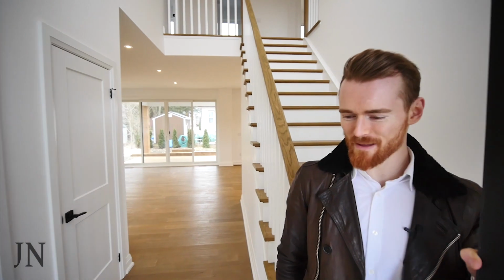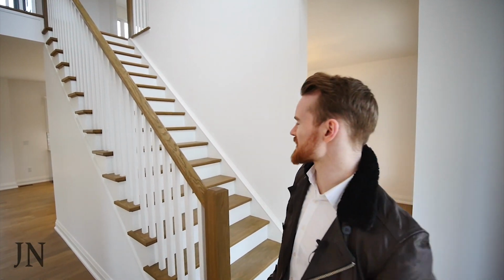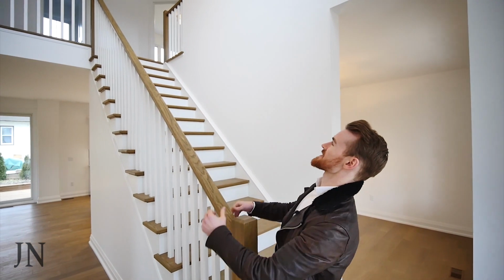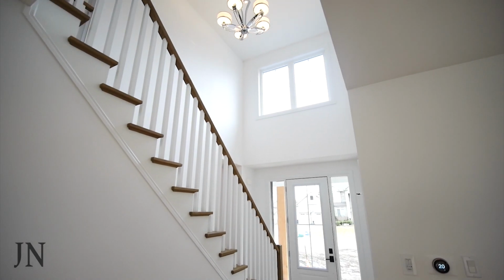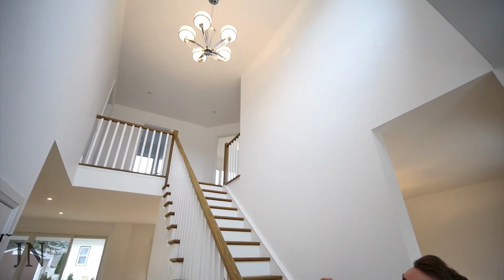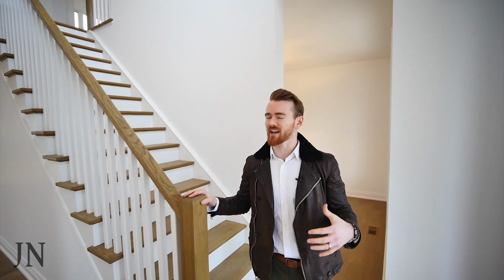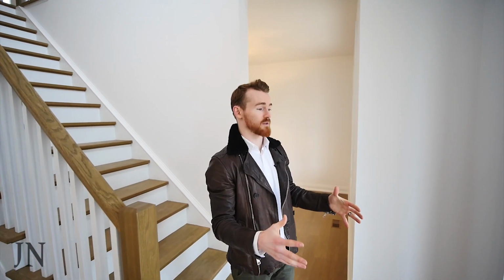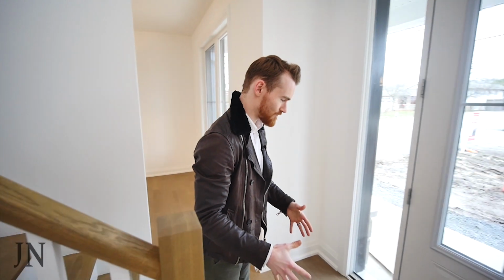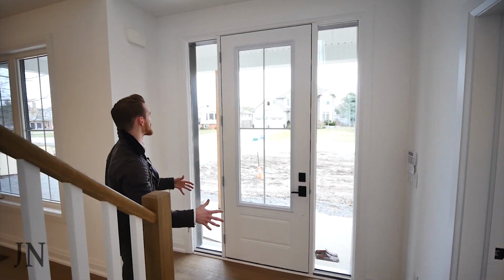Now, stepping into this home, there are so many details that we're gonna be covering today. Obviously, we've got this huge amount of volume right when you step inside. Giant 20-foot ceilings in this space, tons of room for art on both sides of the wall. I want to highlight this entryway first because we land in here. Not only do we have this beautiful hardwood that we're going to talk about upstairs, downstairs, everywhere around, but I